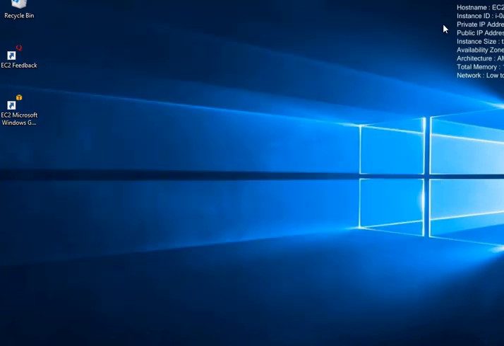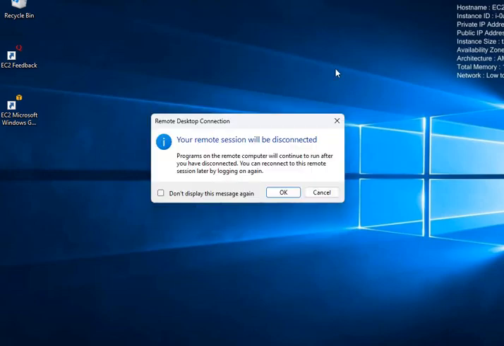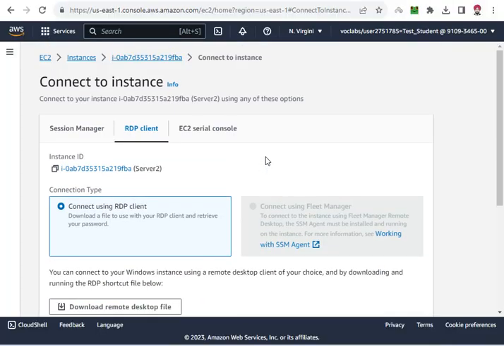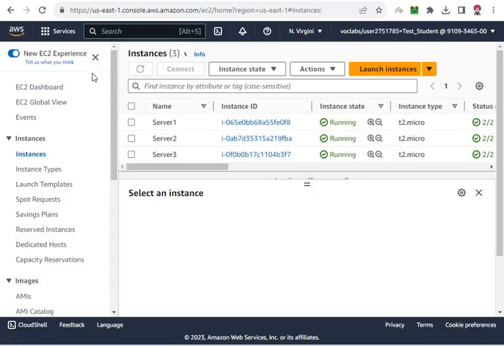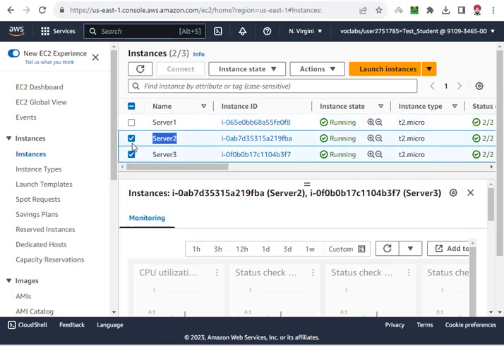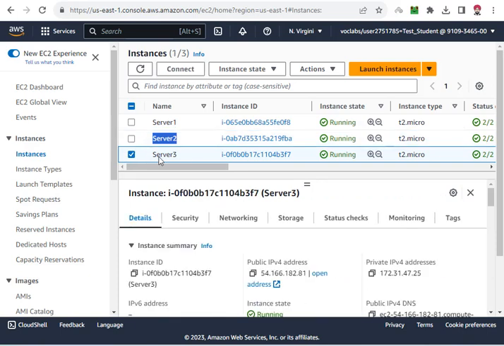So close this server, close the RDP connection. Make sure you do not shut down this instance. So I'm closing this server, moving back to the instances. I've installed IIS server and created the web page in server 1 as well as in server 2. Now I'm connecting to server 3 and I will be installing IIS and creating the static web page in server